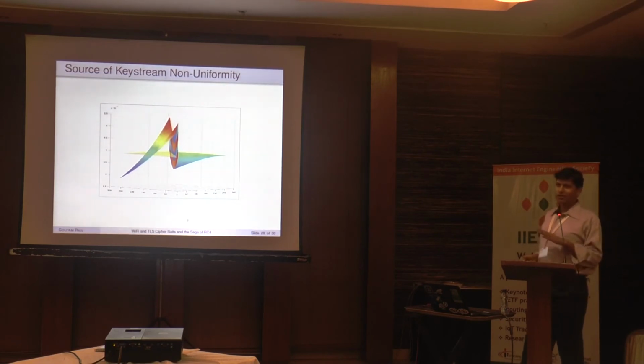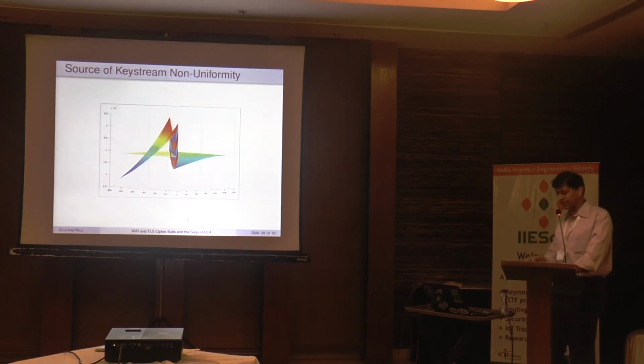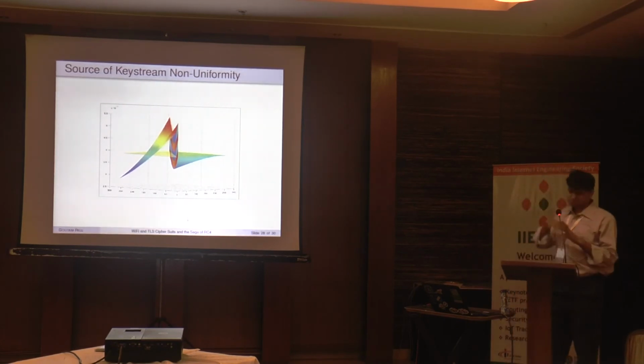But actually, if we plot it, and it can also be proved theoretically, that was part of my thesis, the actual surface looks like this. So you see some negative bias. I was telling you that negative bias will also help. Then you have some positive bias, and then it goes down again, and then it goes up and becomes random. Because of this non-uniformity in the state after the key scheduling, all the biases are encountered at the output stage, and that leads to the broadcast attack, the password recovery attack, and attacks on different modes in TLS 1.2, and so on and so forth.